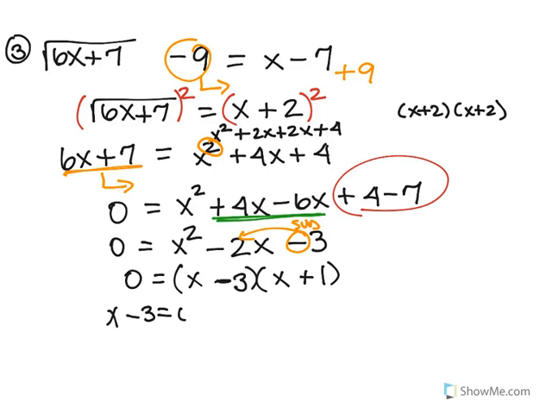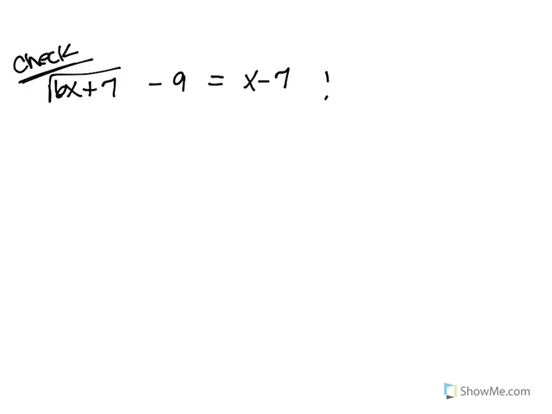And then you take each parenthesis and set it to 0. So we know x is 3 and x is who? Negative 1, supposedly. Both of them, supposedly. Because you got to do what with them? Check them. Good. You got to check them. So, my original. So if I check 3,